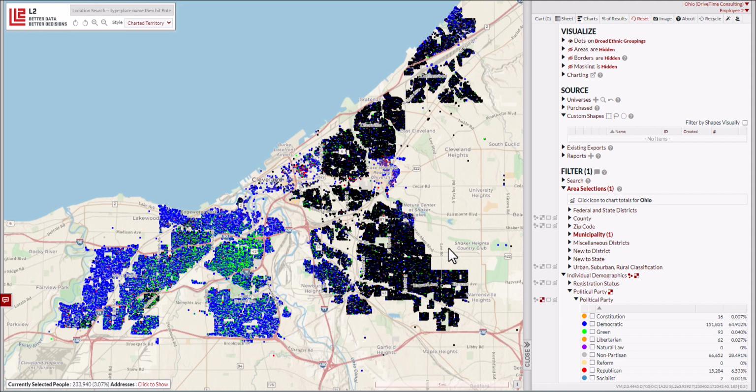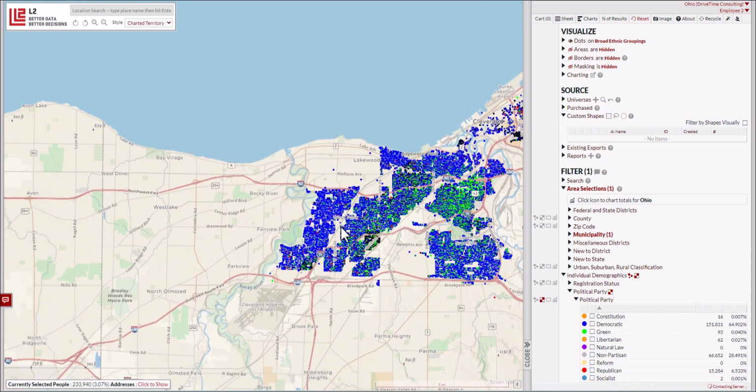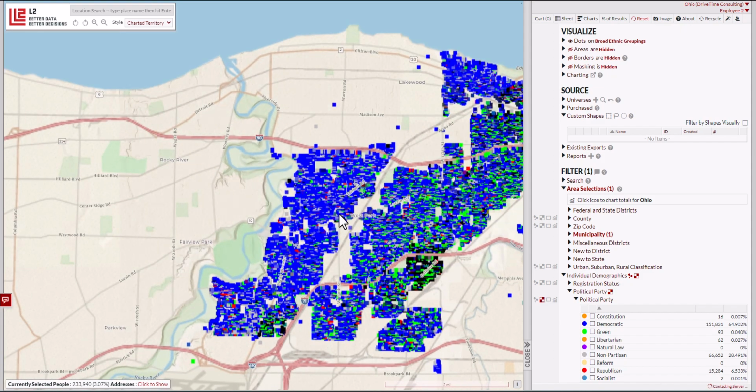In this L2 data mapping video, we're going to go through using the custom shapes tools. That includes the polygon tool, the lasso tool, and the radius or circle tool. First thing we're going to do is zoom down to a neighborhood. We're looking at the Cleveland, Ohio area. We'll go out to sort of the western side of town,